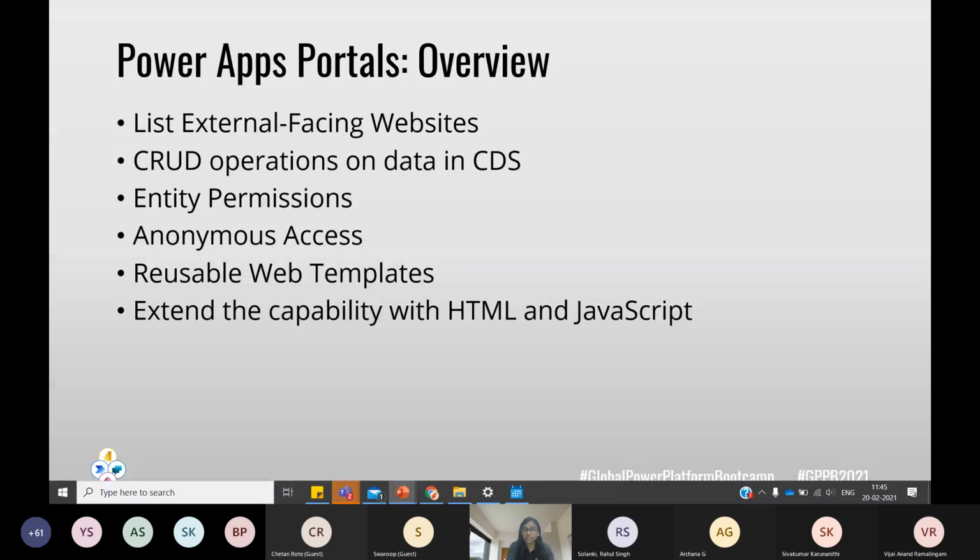By default, there are a number of things that you can do in Power Apps portal, but as this is a growing platform, there might be some things which are not according to the custom guidelines that you have or the features that you want to build. In any such case, you can anytime use the capability of HTML and JavaScript.